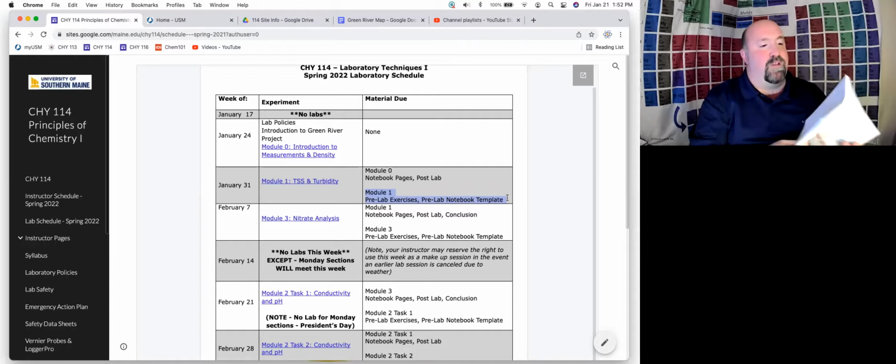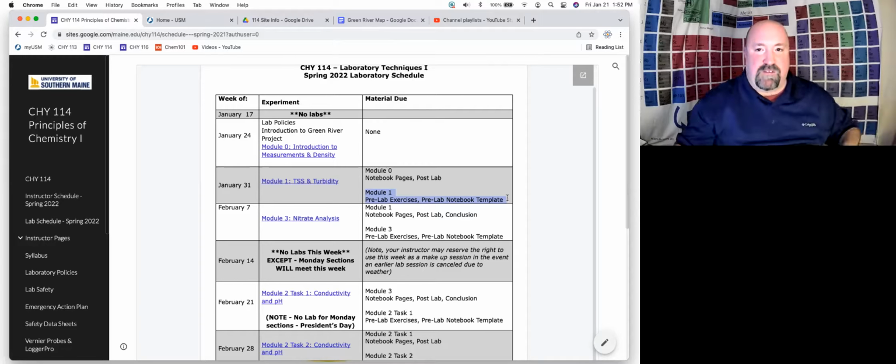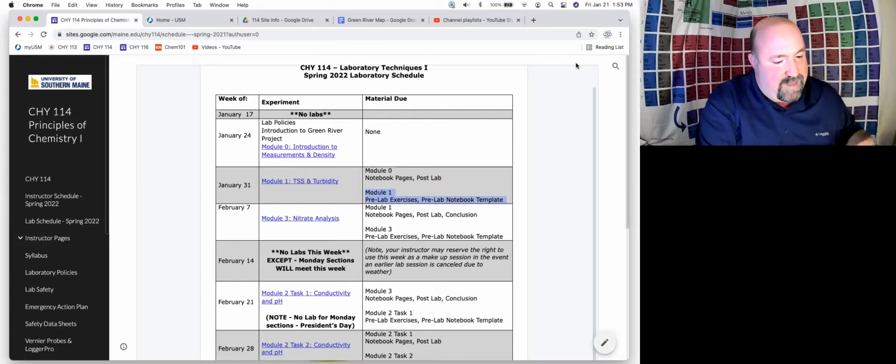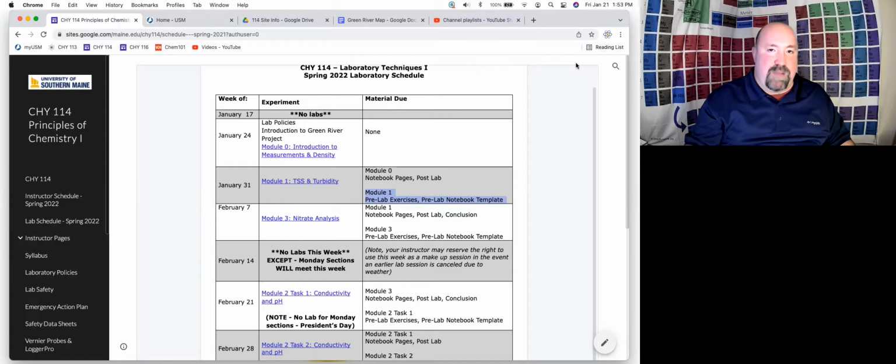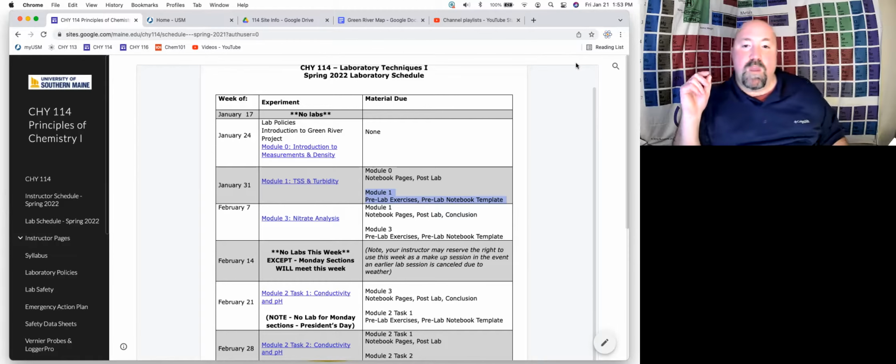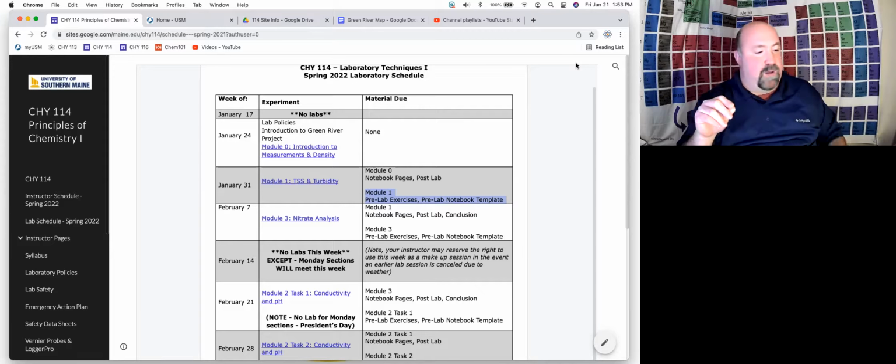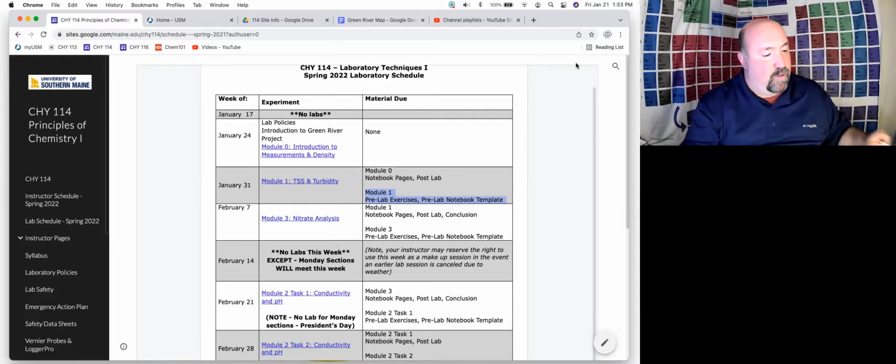Now, a note on the module 1 pre-lab. Part of your module 1 pre-lab, and you'll see this in a couple different places, but if you look at your module 1 pre-lab exercises on page 20, you'll see at the very bottom, number 7, complete the Excel exercise in the tutorial in the scientific analysis section of the manual. Hand in the Excel graph assignment with these exercises. Part of your pre-lab for module 1 is to play with Excel and to start to be familiar with it. So if you look in your lab manual,